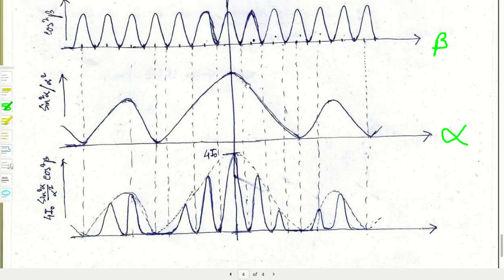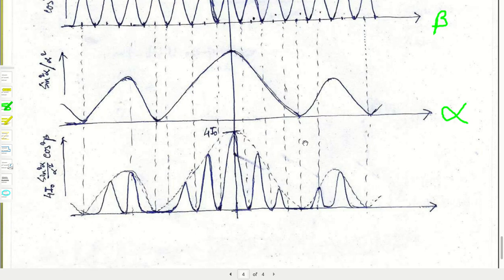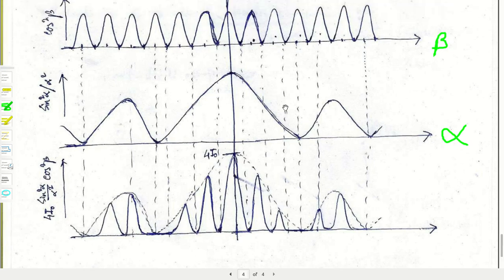I have again forgotten to write the values of beta and alpha there, because this is your pi by 2, this is pi, this is 3 pi by 2, this is 2 pi, this will be 5 pi by 2, this is 3 pi. So these are the points, and this is sin square alpha by alpha square. So see here at this point where beta is equal to pi, 2 pi, 3 pi, at the value of beta equal to 3 pi and alpha also 3 pi, there is a minima